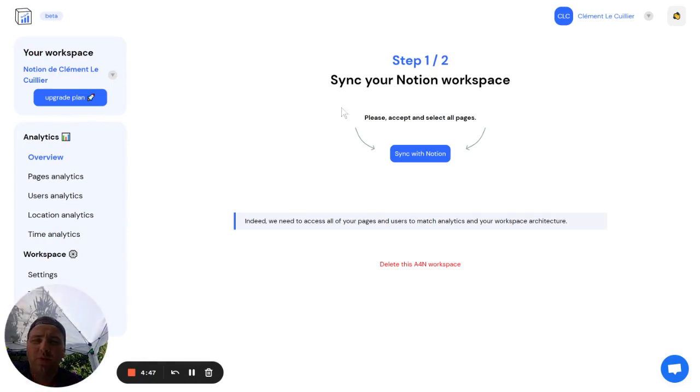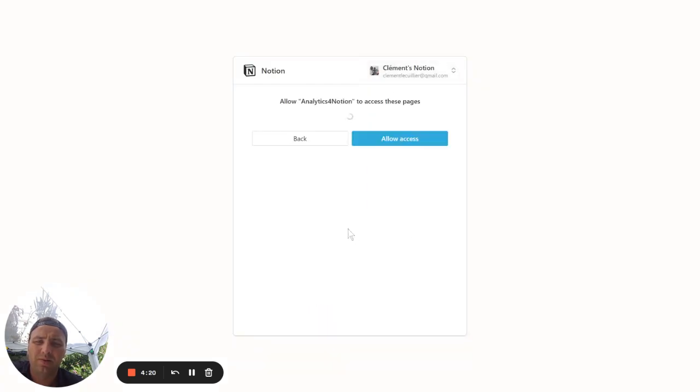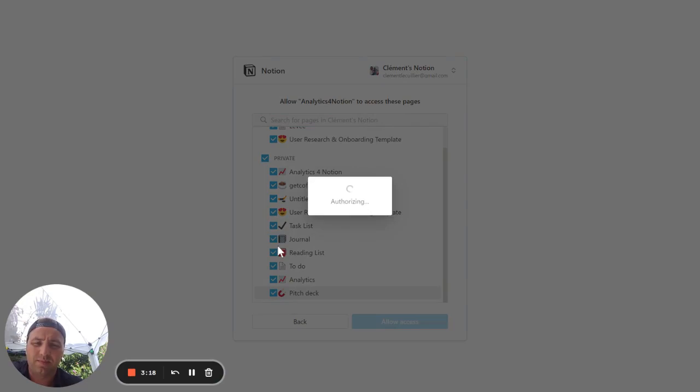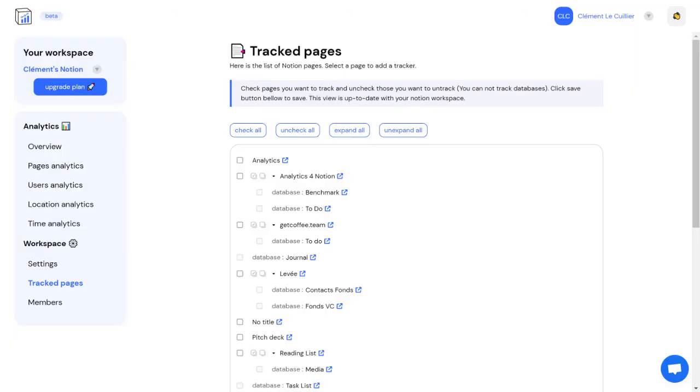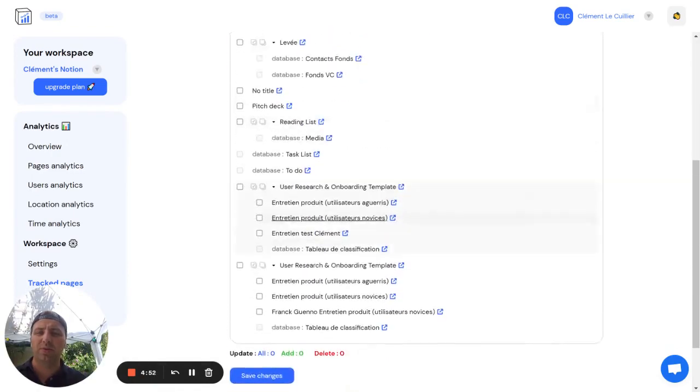So first thing first, you have to synchronize your Notion with Analytics for Notion. It's really simple. It's in 2 steps. It's really easy to do, and you can change the account here. So select the pages. Just select everything first. Then you allow the access. And then you will have to choose the pages that you want to track in your Notion workspace,